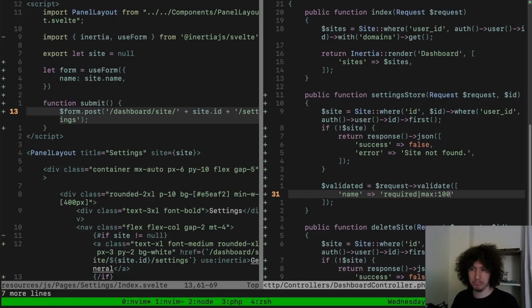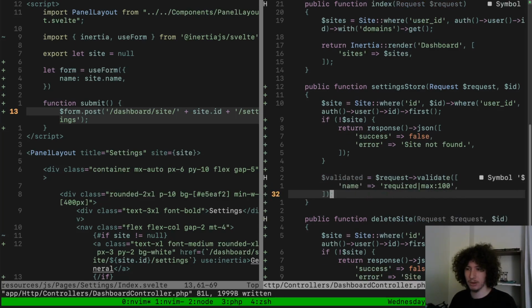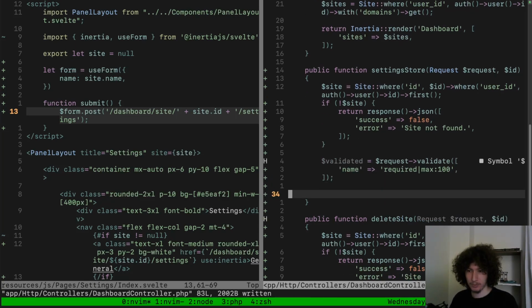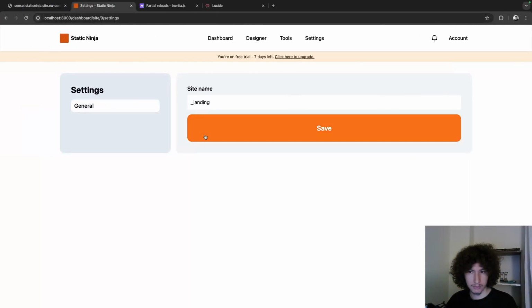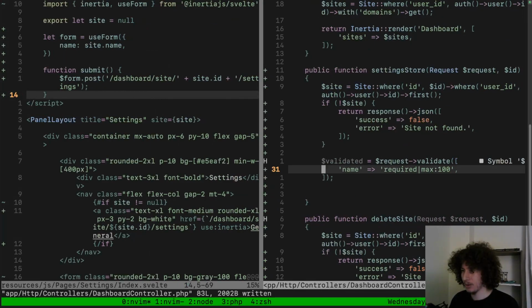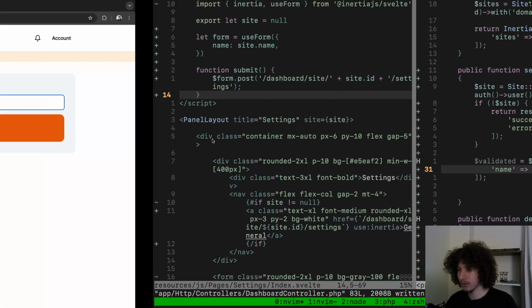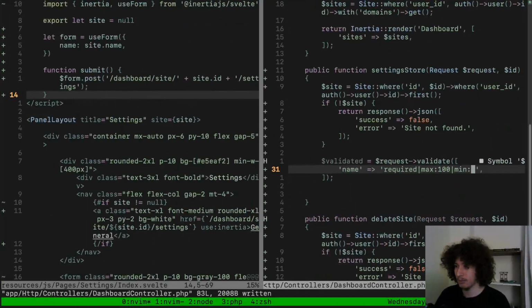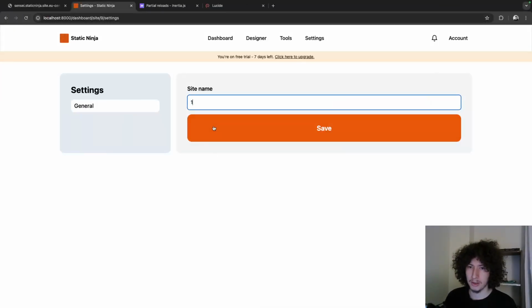Maximum 100 characters. Let's try it. Yeah, we need to have minimum like 2 or 5, maybe 3. So if I send something with 1,